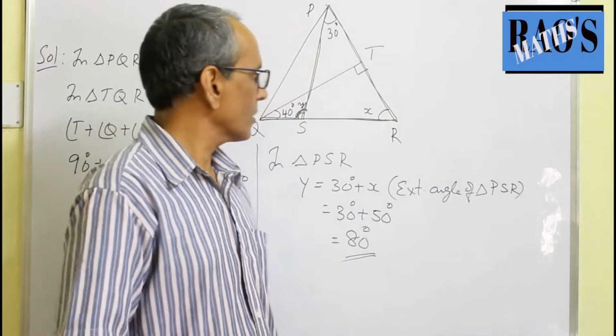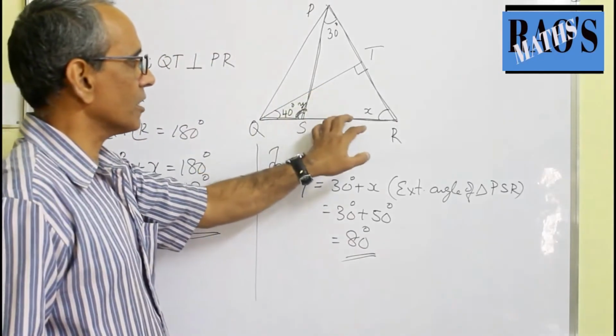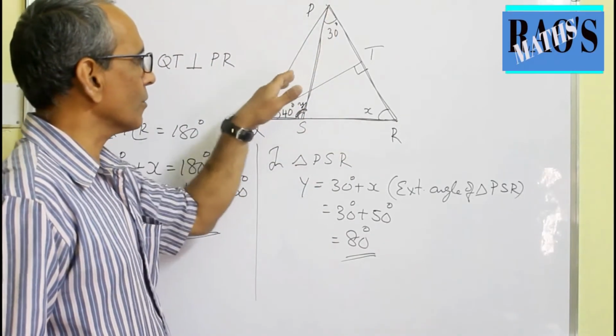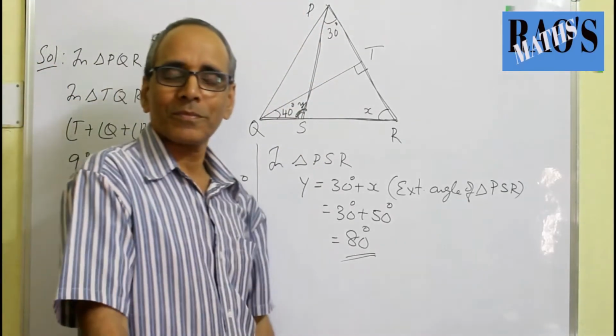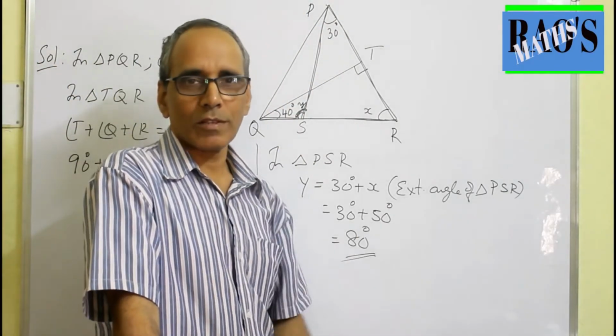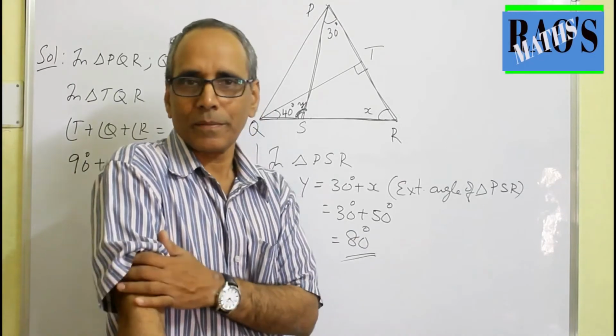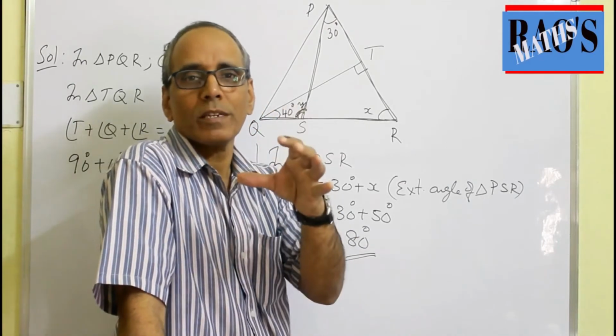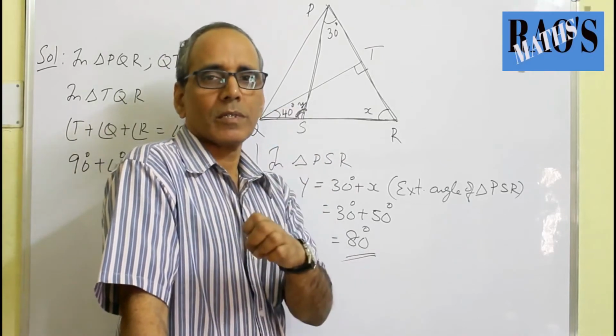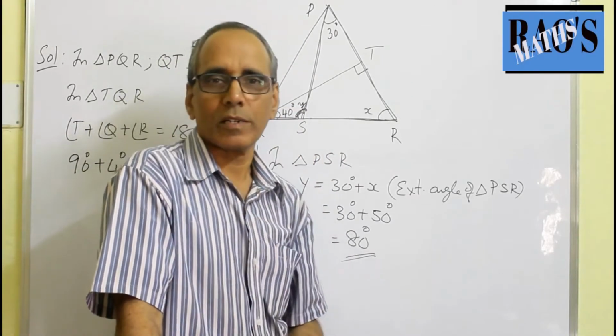Don't get confused. So here we saw the first part, this triangle, second part, this triangle. We don't mind this triangle also. We don't mind PQR also. Clear? Though PQR is given in the question, we do not use PQR anywhere. It's not necessary. So don't look at the whole picture. See the required part in the given picture and solve accordingly.